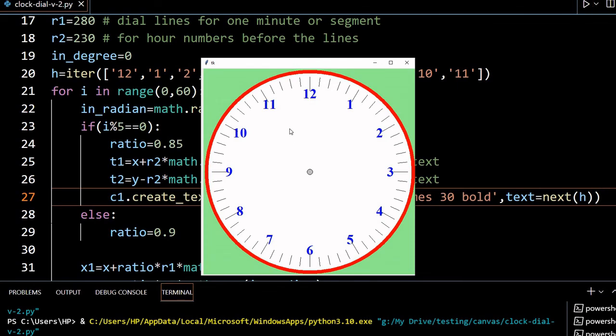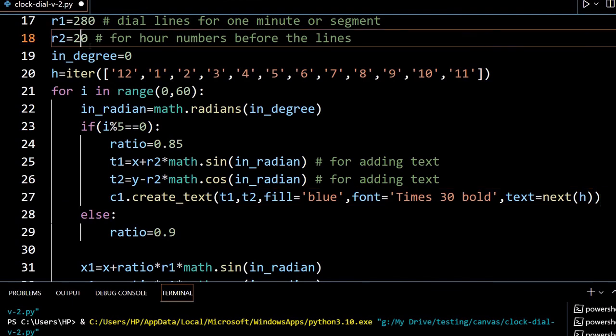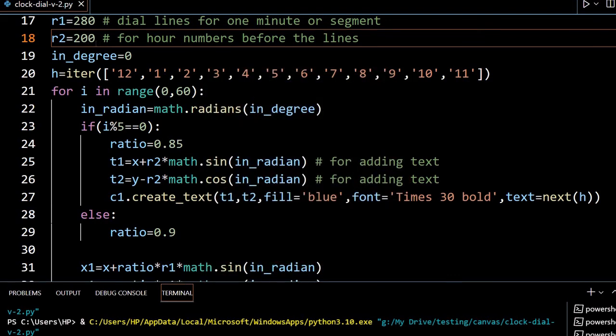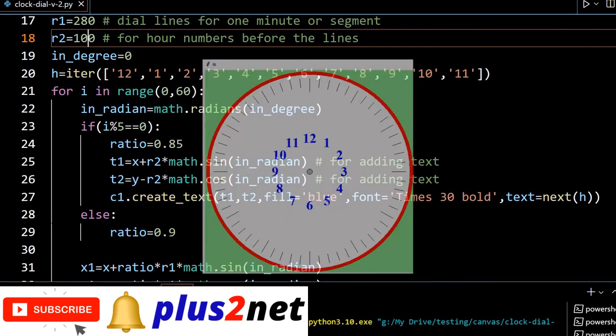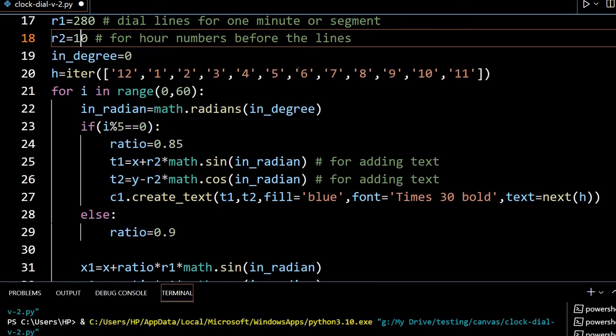Definitely it was a coordinate issue. So let's see, here it is. You can see this one. I can change this value also. Suppose I want to bring it towards the center. So this R2 value, suppose I will make it 200. Now it will be more towards the center. You can see it has slightly come up. Further, suppose I want to bring it here, then in that case I will make it 100. So half of it now, it will further come down. You can see this here. So accordingly, if you want radially where it is to be placed, based on that you can take the value. So let me just keep it 190. Let's see where it comes.